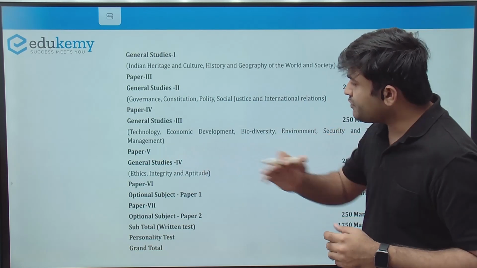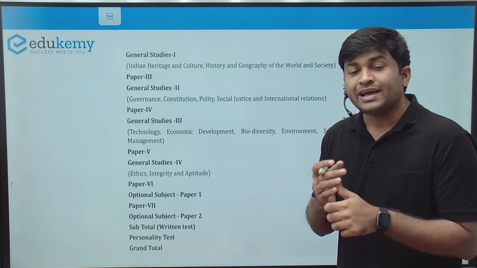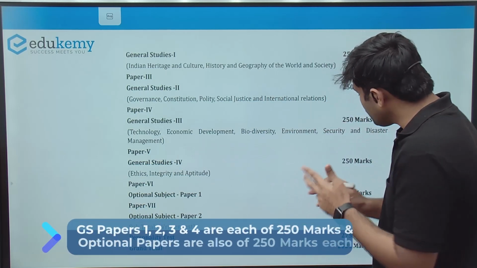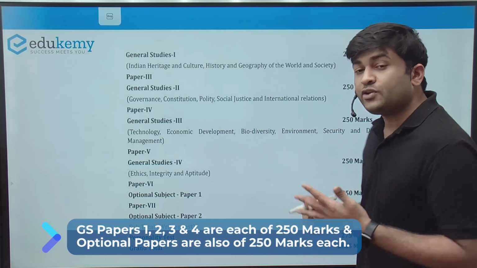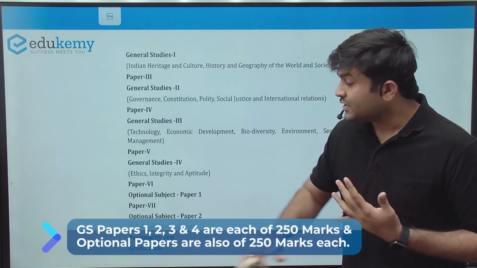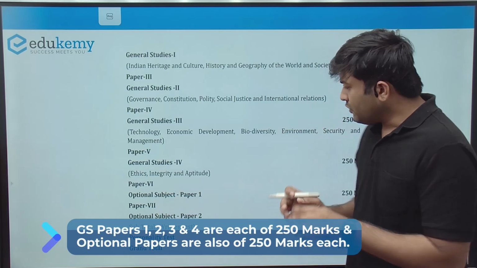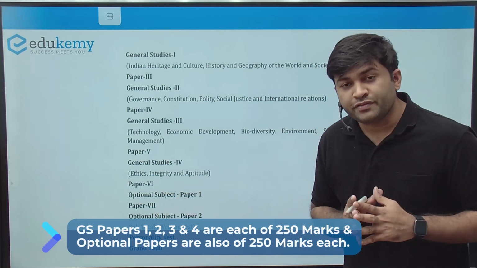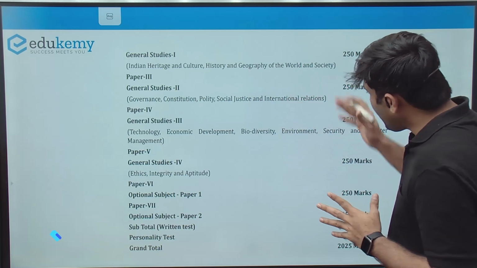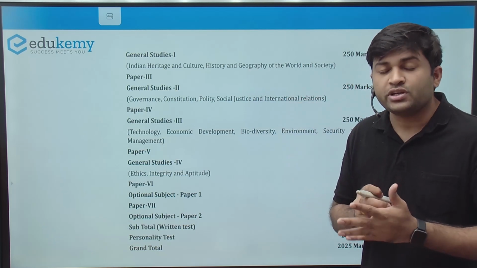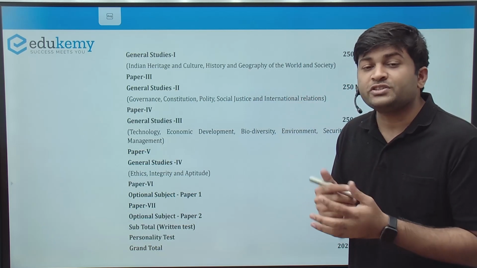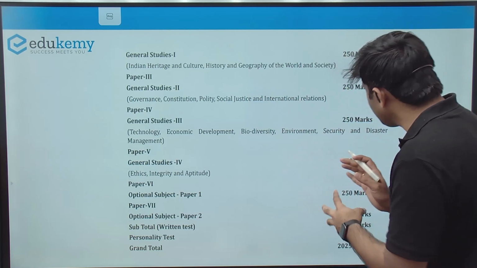You have Paper 4, that is General Studies Paper 4: ethics, integrity and aptitude, which is also of 250 marks. Then you have Paper 6 and 7 as Optional Paper 1 and Paper 2 respectively, which also consist of 250 marks each. Now when you add the written marks, the total of the papers which are counted in the main examination are